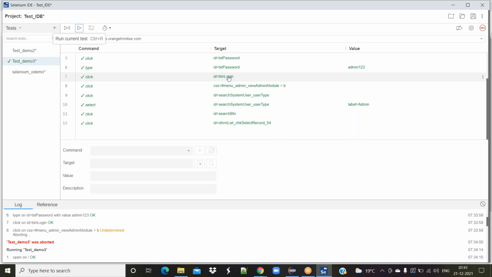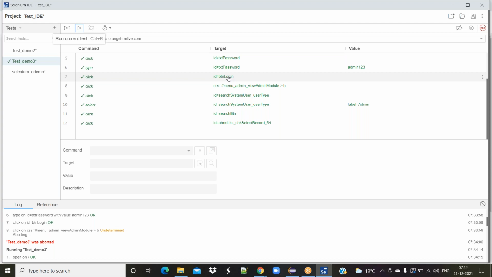At the same time, how Selenium is able to identify it, how quickly, and how good a locator we write, all of these things will affect your test case. If you write very lengthy locators, then your script is going to be slow and the response is going to be slow. So a lot of scenarios will be there. That's why writing locators is one of the best skills, and it shows your experience and skill in Selenium.